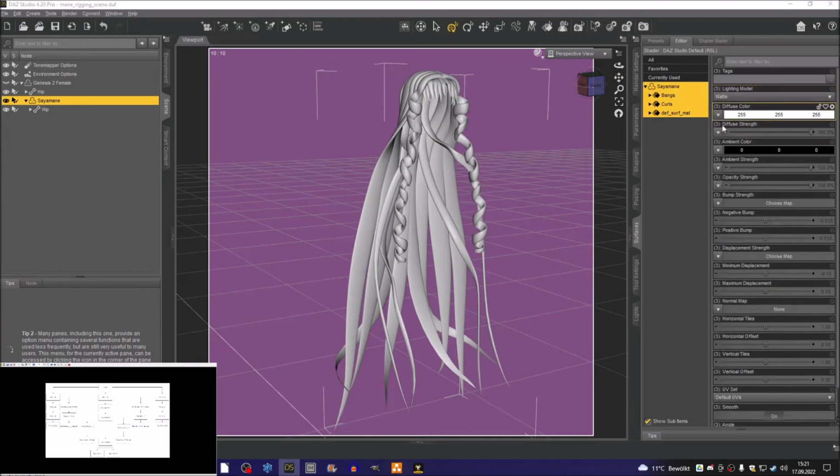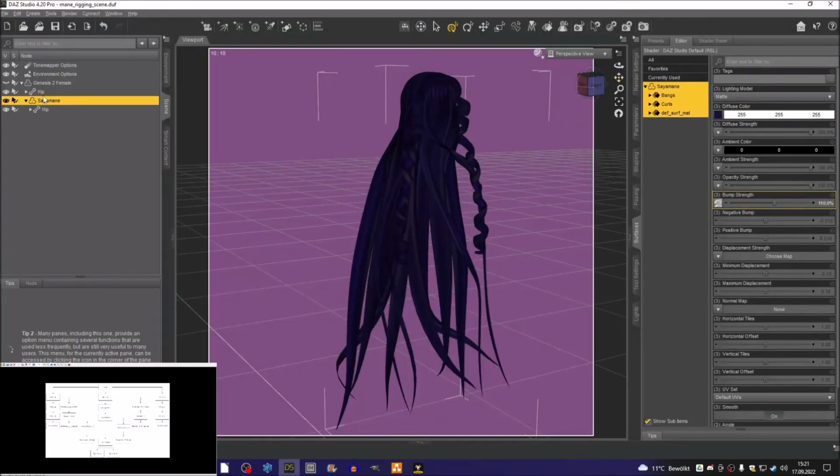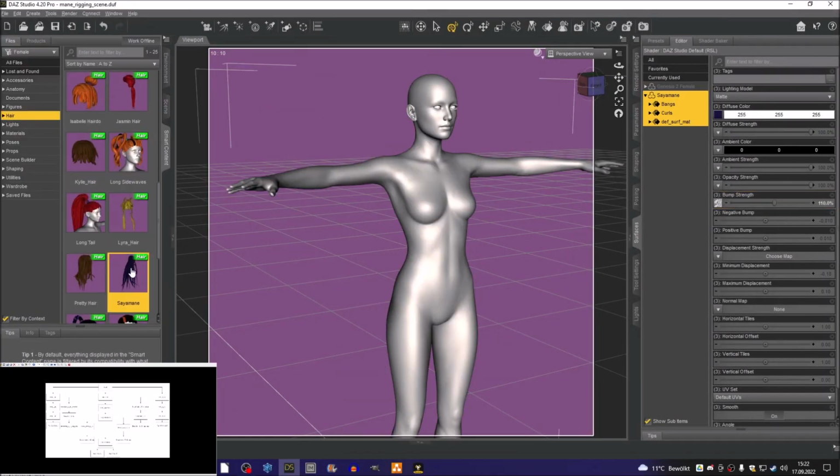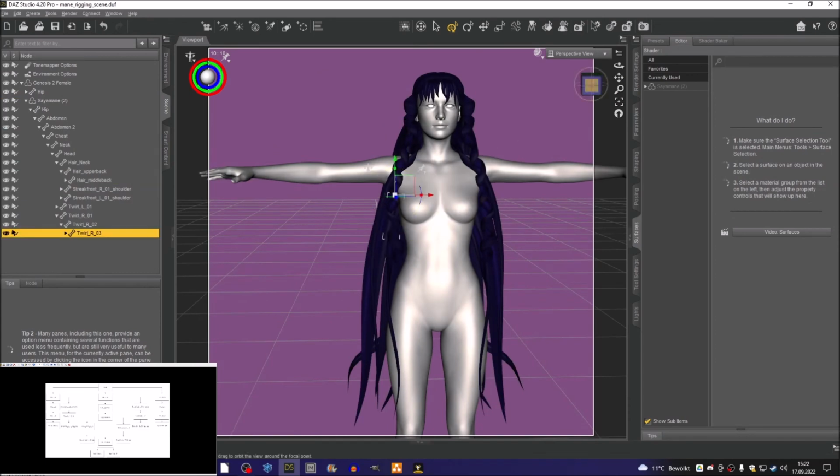Also, I left a bit of coloring in here, so you can see that I'm coloring and putting on the bump maps and also the saving. Yeah, that's it basically